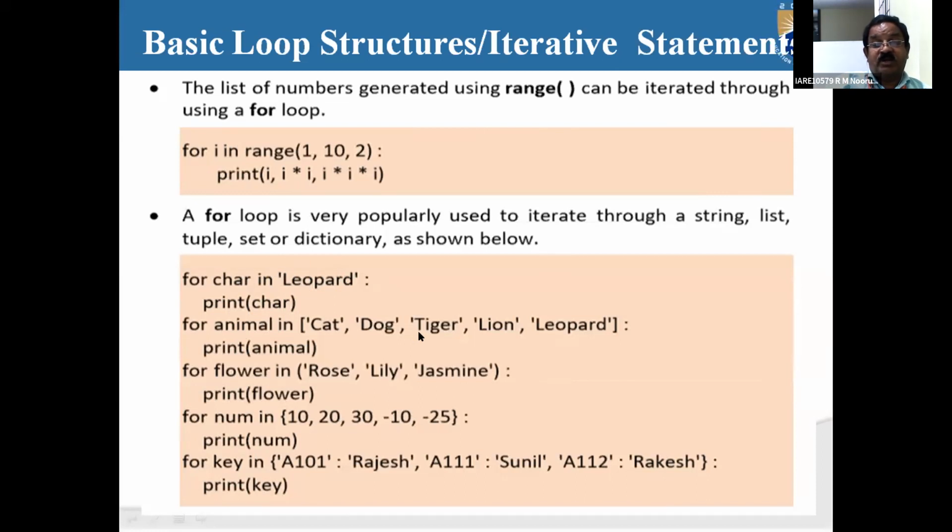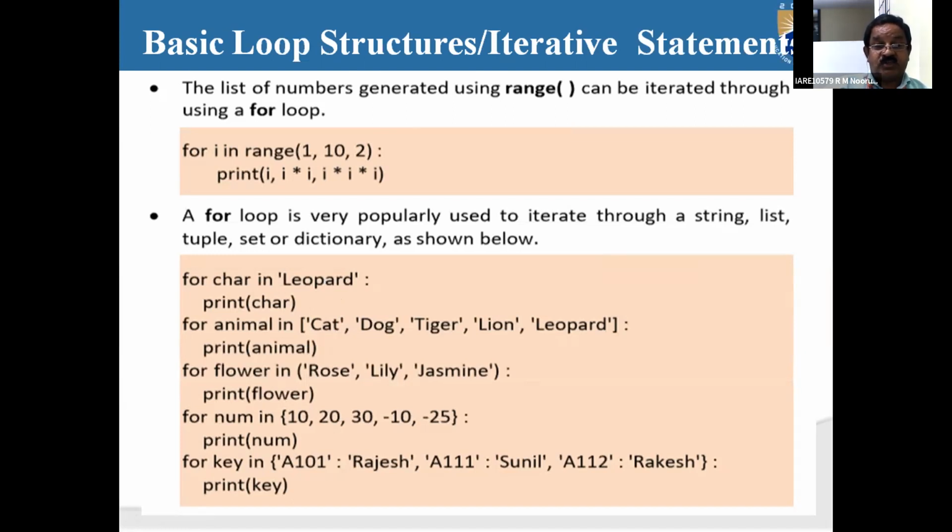The for loop that you have made use of: cat, dog, tiger, all are printed. It is going to print whatever elements are present within that particular list. So you are going to print the animals which are present. It is also going to be printed line by line. Here also it's going to check the condition, whether the value is within that particular string or not.